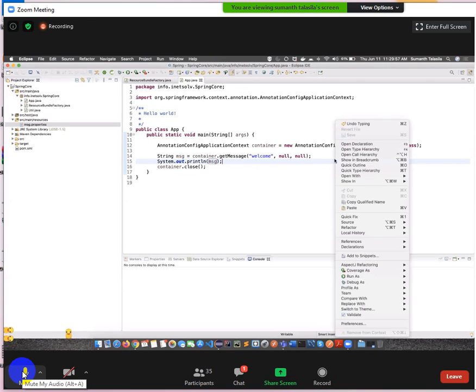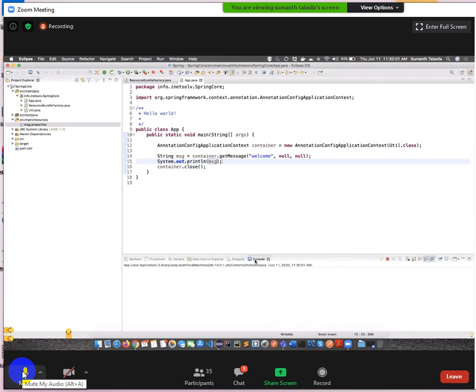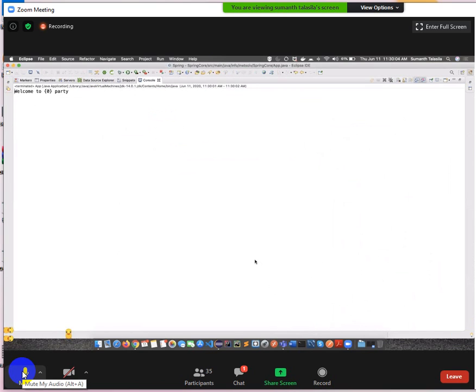Let us run that. If any errors come, no error will come. But if any wrong messages come, you should be in a position to understand that. What is the output we are receiving now? Welcome to {0}. But really, is this good or bad? It's bad.